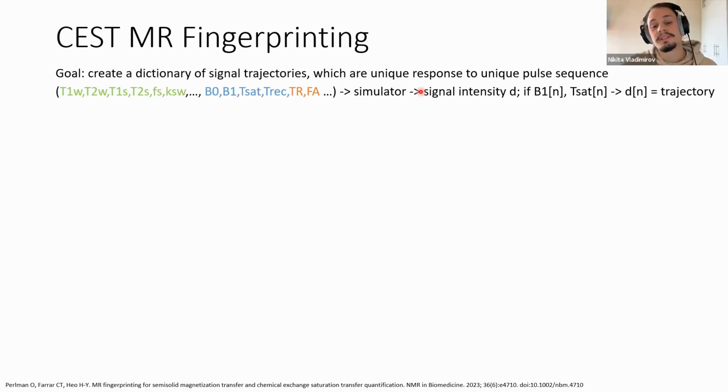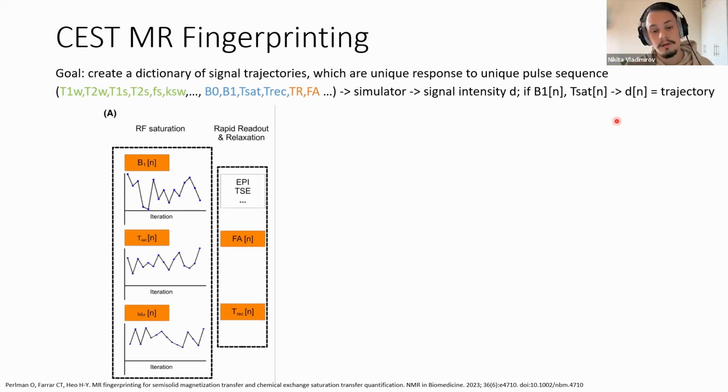It gives us a signal intensity, just magnetization at the end of such a pulse sequence. And if we vary some of these parameters, for example, B1 or saturation time, we will get a vector of such intensities, which is called a trajectory, our unique response to our unique pulse sequence,